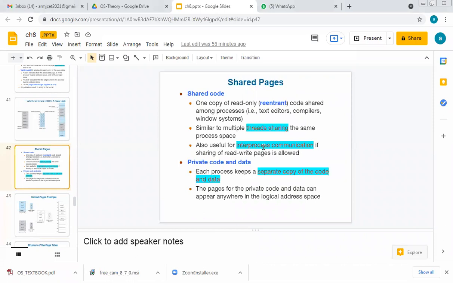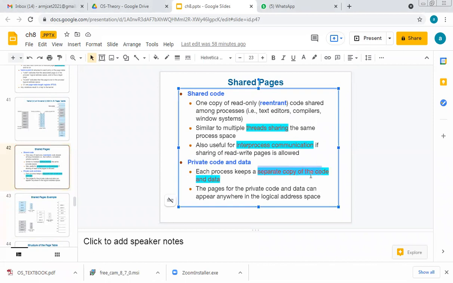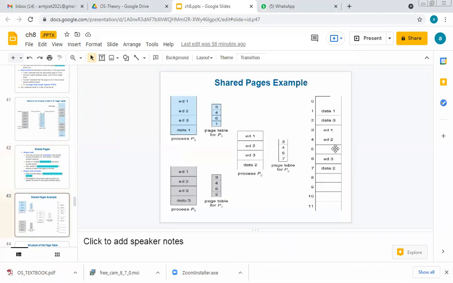So how do we solve shared pages? It depends upon the memory management unit. Sometimes the memory management unit will keep a separate copy of that code and data for every process. That means pages are duplicated. Here you can see in the diagram: edit 1, one more copy here, one more copy here. I will show here, this is free, and here is edit copy 1. So we have got two copies. So P1 gets the third frame, P2 the fifth frame, and P3 the eighth frame.